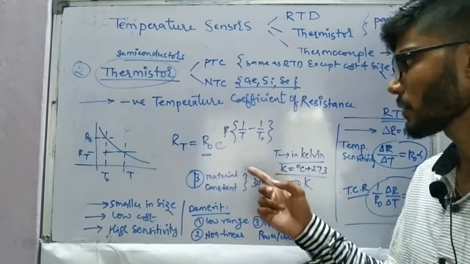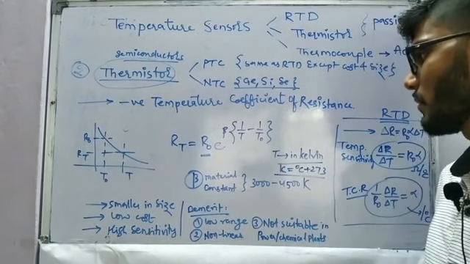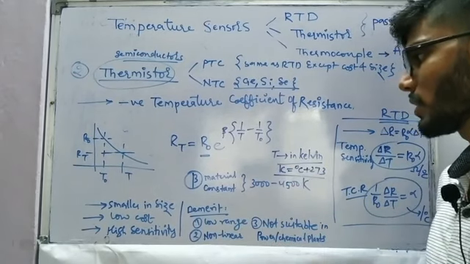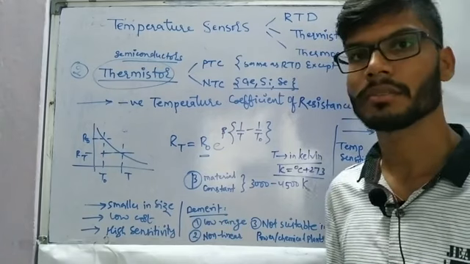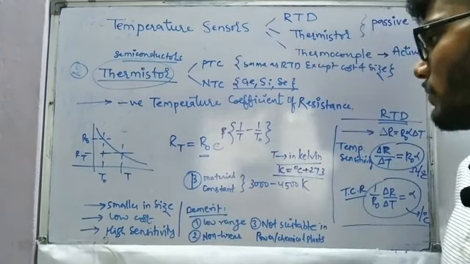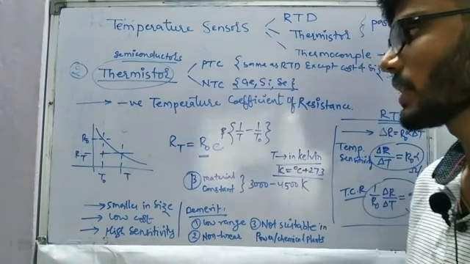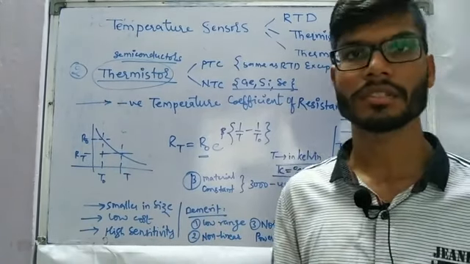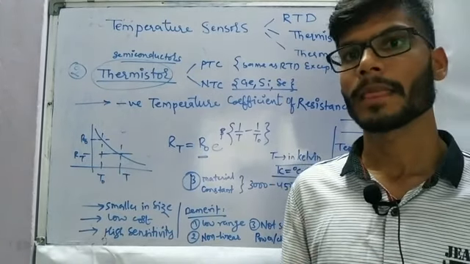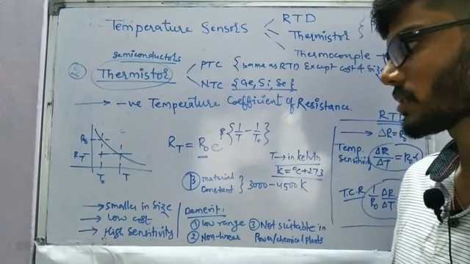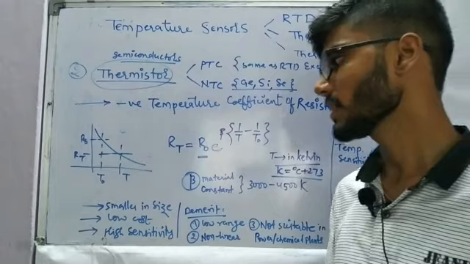Also we have to keep in mind that temperature is put here in Kelvin, whereas in the previous case it was used in degree centigrade, and beta is the material constant which has a value between 3000 to 4500 Kelvin. So the thermistor has its own advantages: it has a smaller size and the cost is also going to be low, which was a demerit in the previous case because the resistance temperature detector is the costlier one, and it has higher sensitivity.